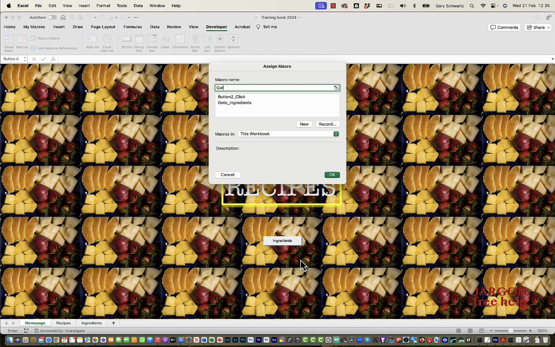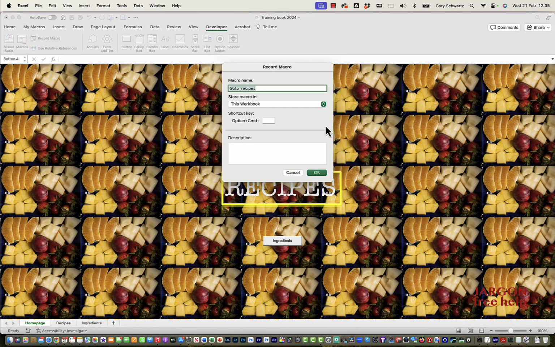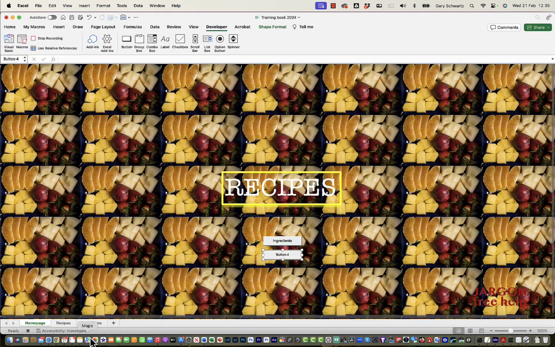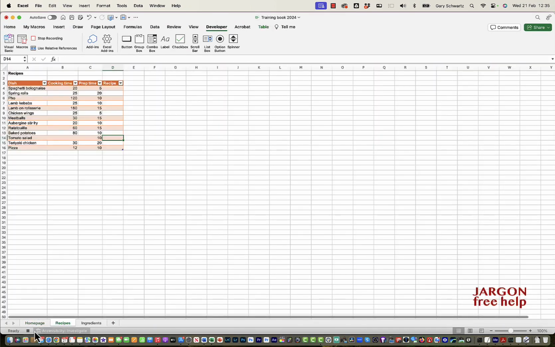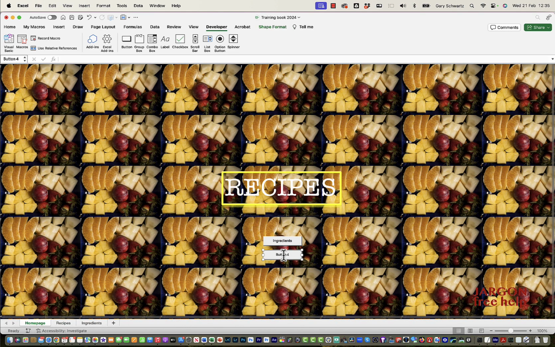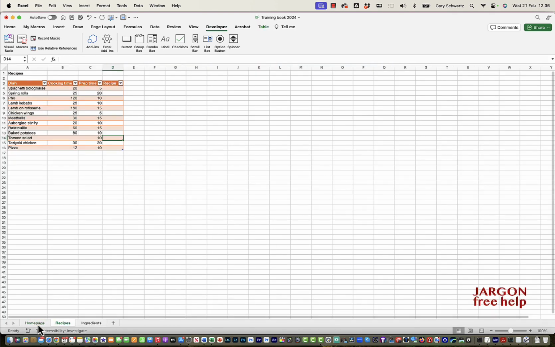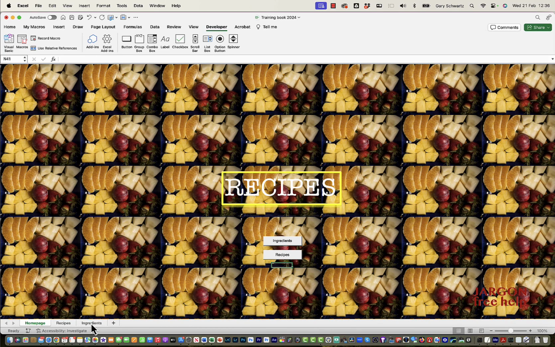Let's do this one. Go to recipes. Don't forget you can't put spaces in. Hit record. Okay. Click on recipes. Press stop in the bottom left-hand corner. It's very easy to get distracted and not switch that off. Let me just click in here. And let's just call that recipes. Okay, I missed it out the first time. And then just click off of that. I can do recipes, homepage, ingredients,